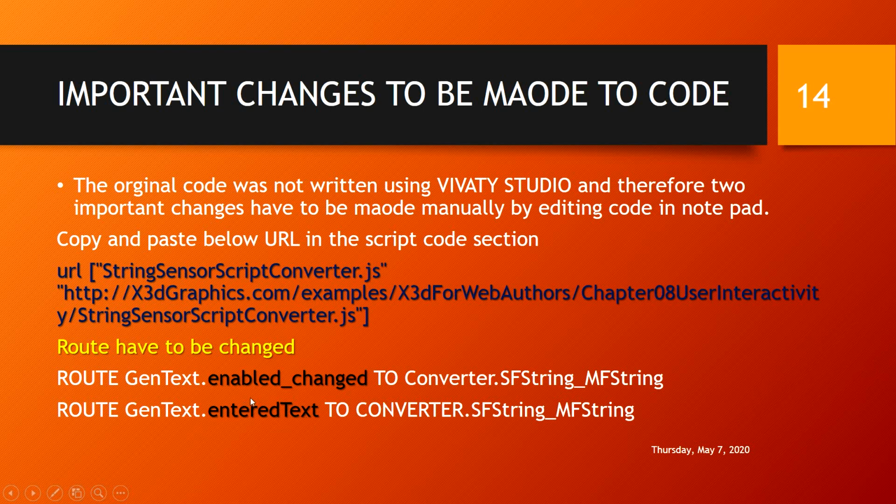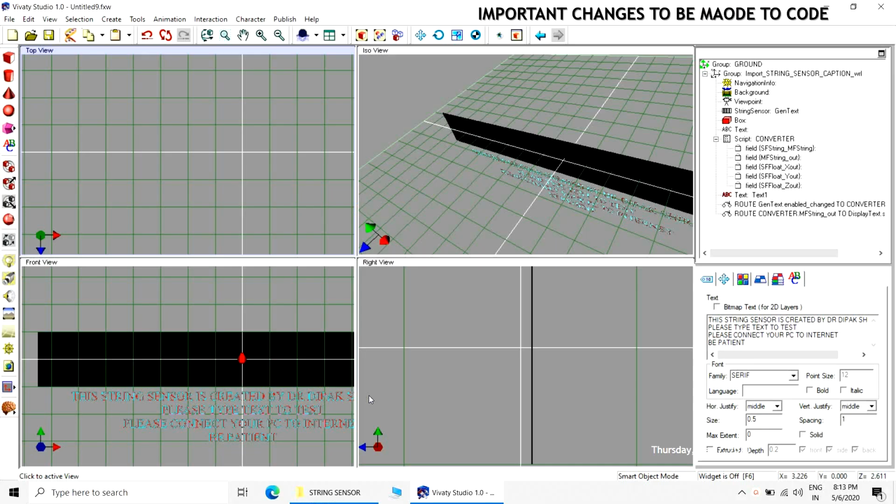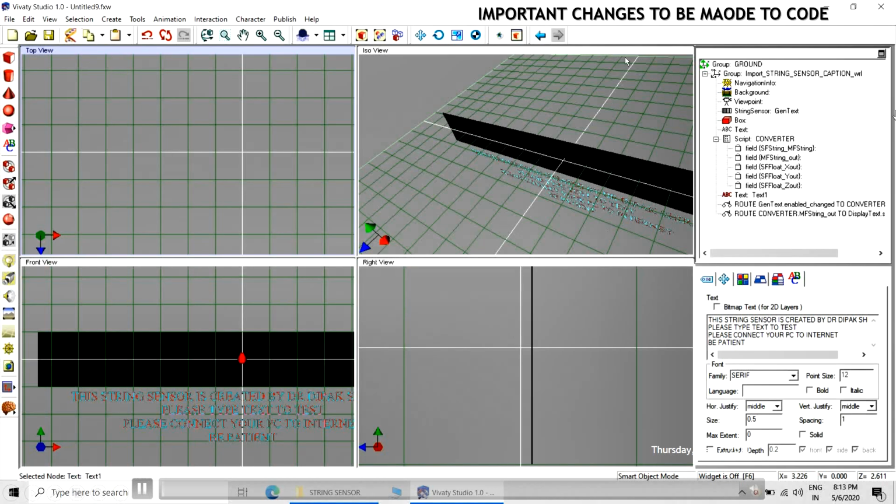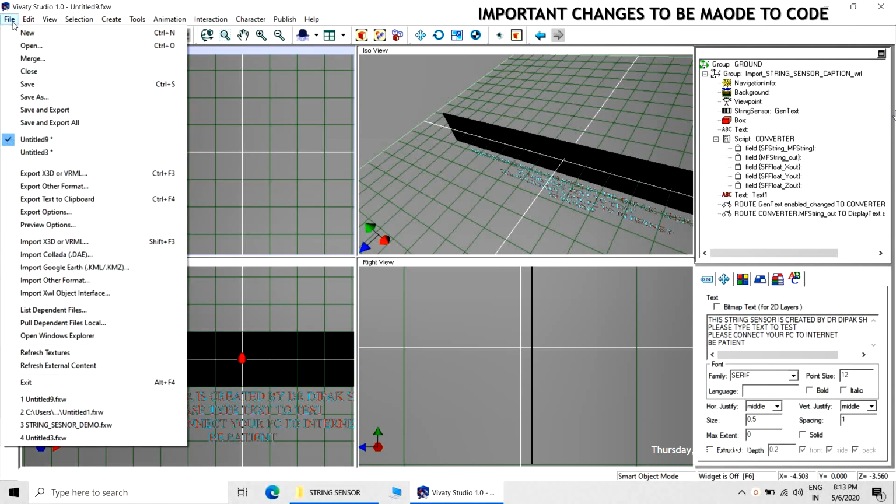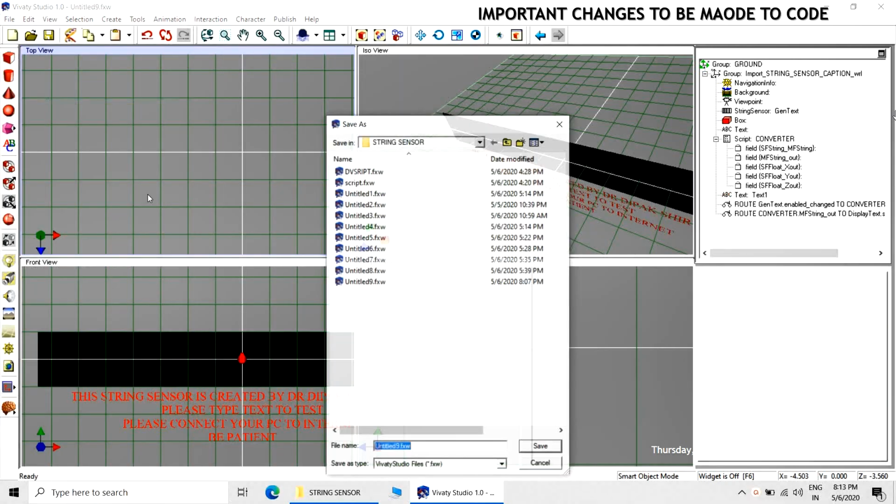This is a required, and this is very important change that you have to make. So these two changes have to be made, and these two changes have to be made using the notepad. So these are the two important changes which needs to be made. Save the file.